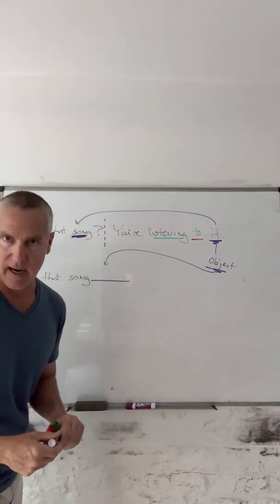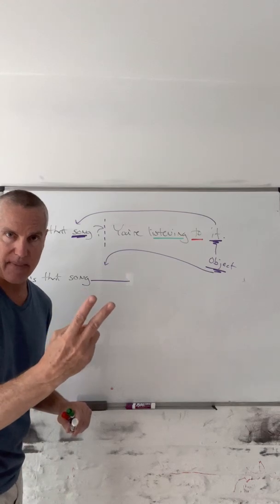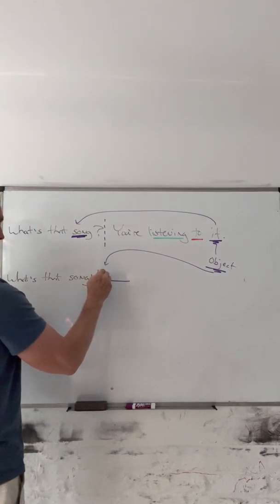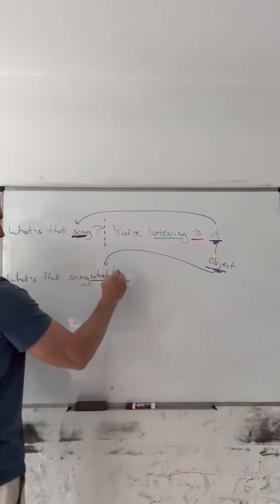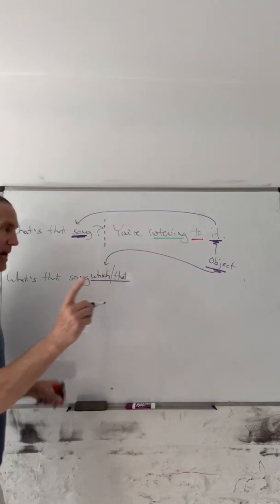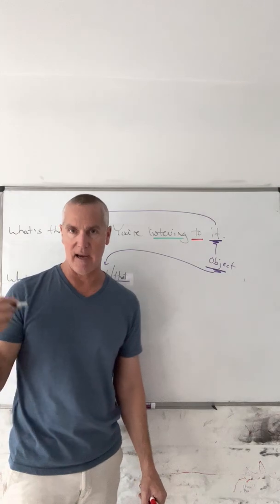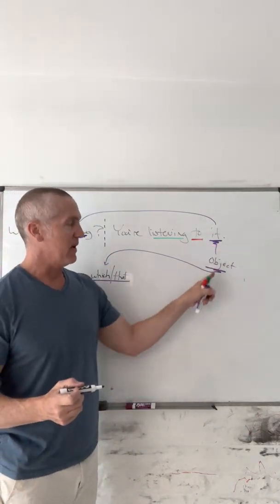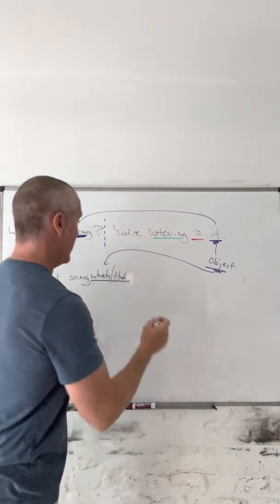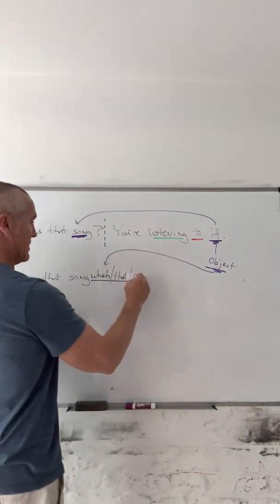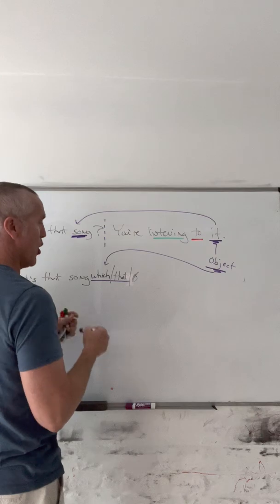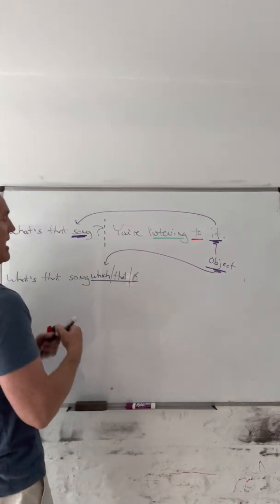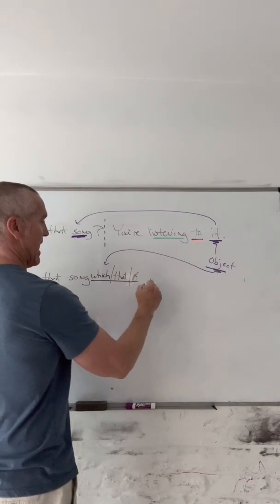Song, it's not a person, it's a thing, so automatically we get those first two options: which or that. And again, just like we have seen in this video, when we have the reference in the object position, that's when it's also possible to have no pronoun. So, what's that song that